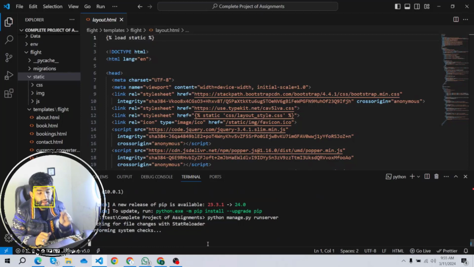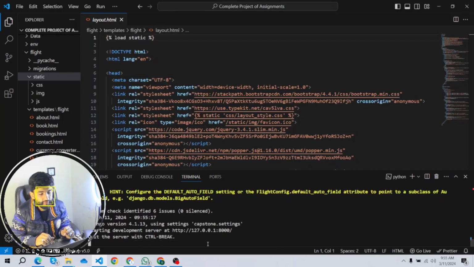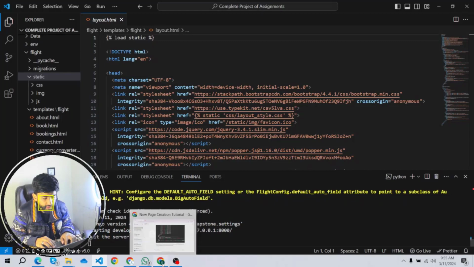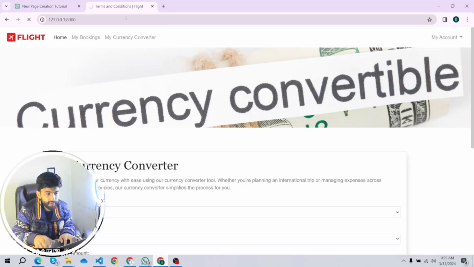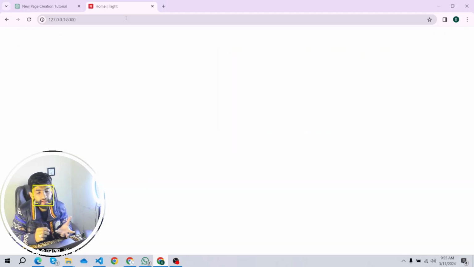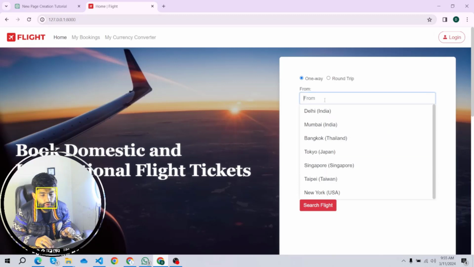Then you can copy it and open it in your browser tab. Now it gives me a proper URL and I copy this and open it in the browser. So it shows my project in runnable form. First we enter